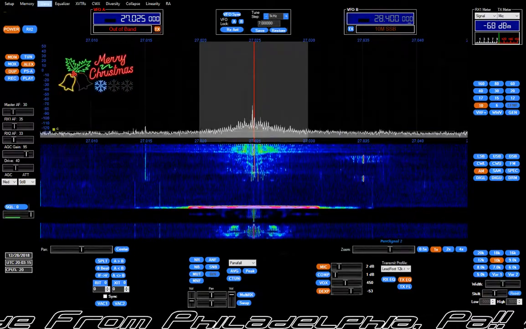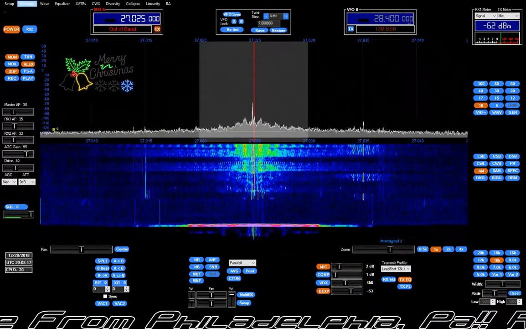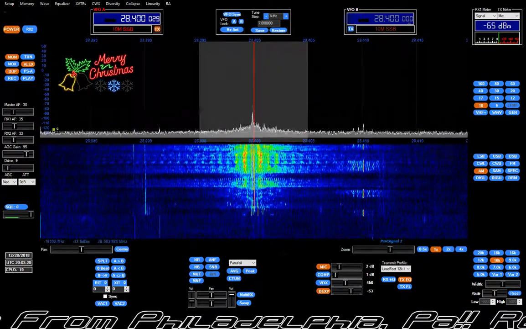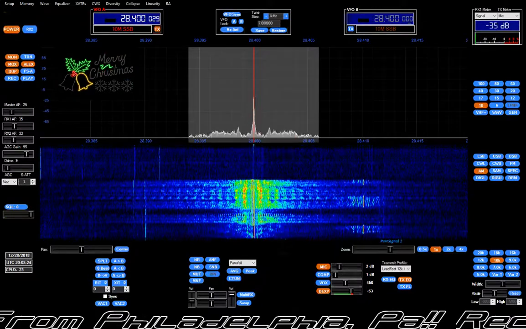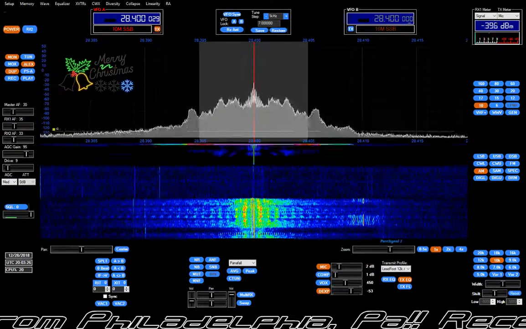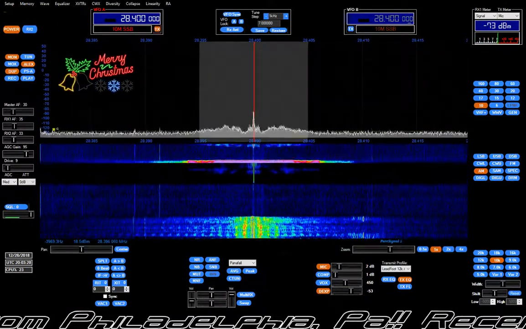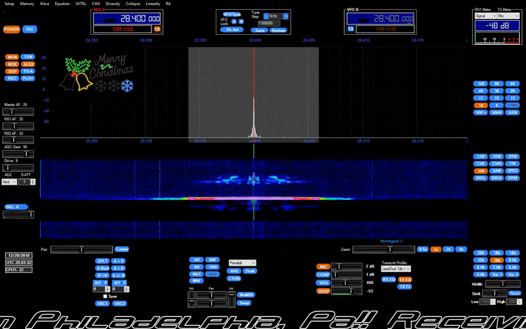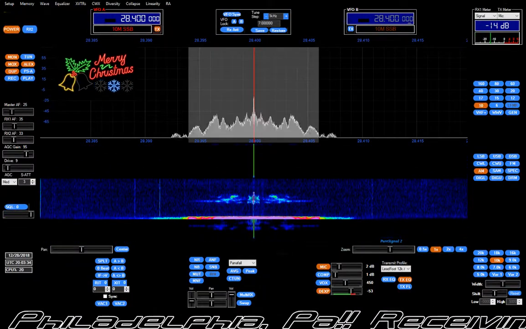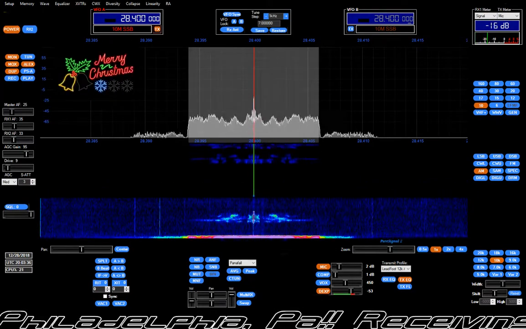Yeah, there's skip rolling down there. That was really weird.